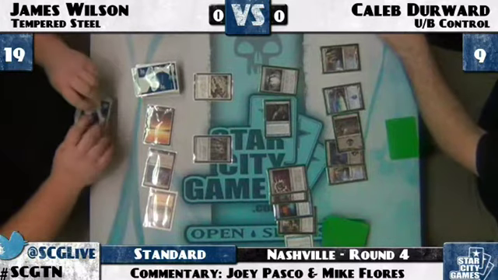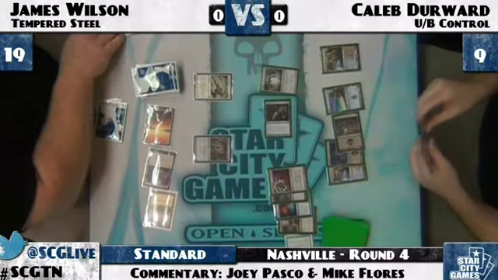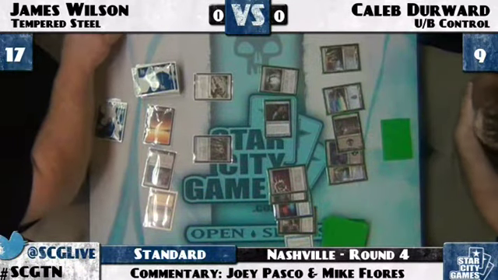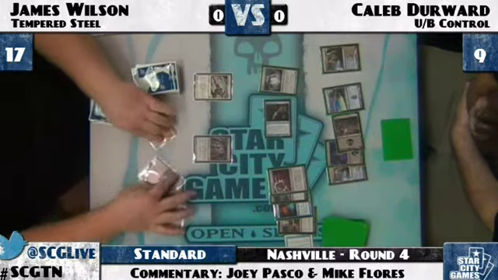Snapcaster goes in for the beats. I don't think Tempered Steel's blocking. No. Was that Mox Opal's not even online, right? No, he has 1 artifact. I mean, he can animate the Ink-Eyes, but